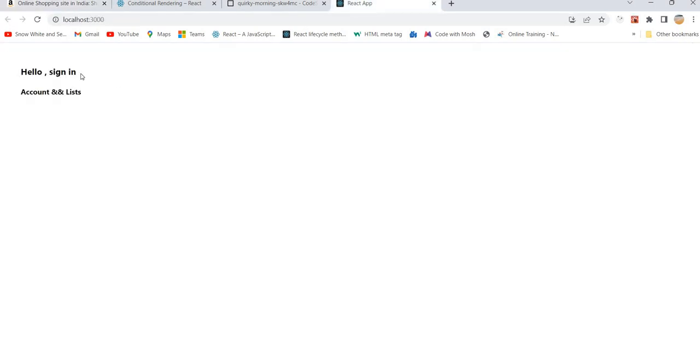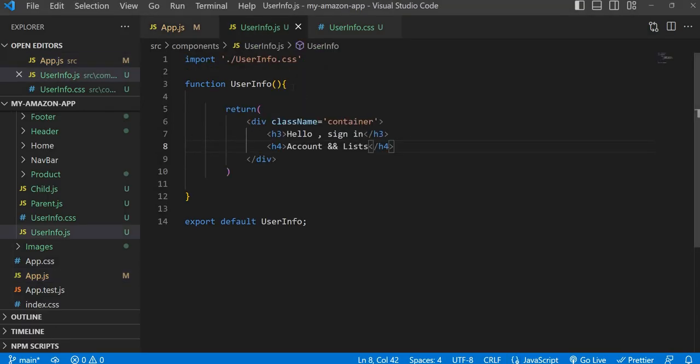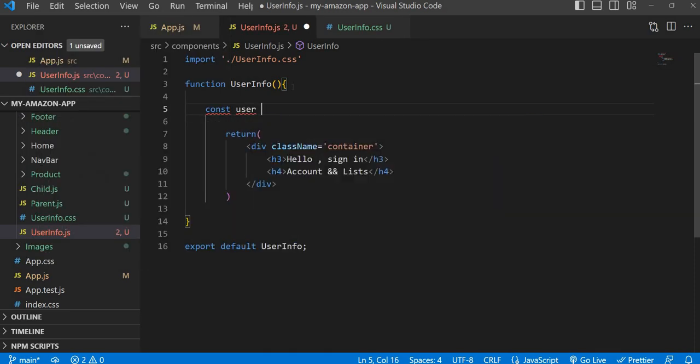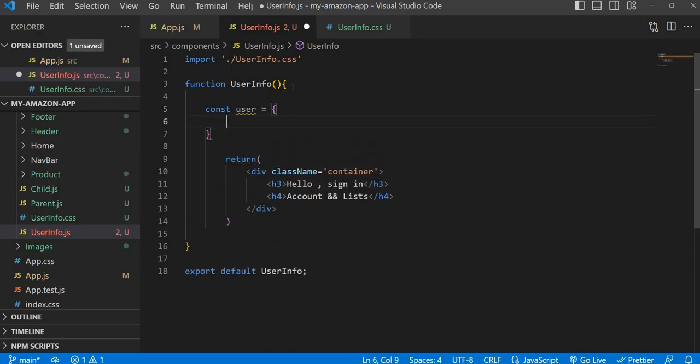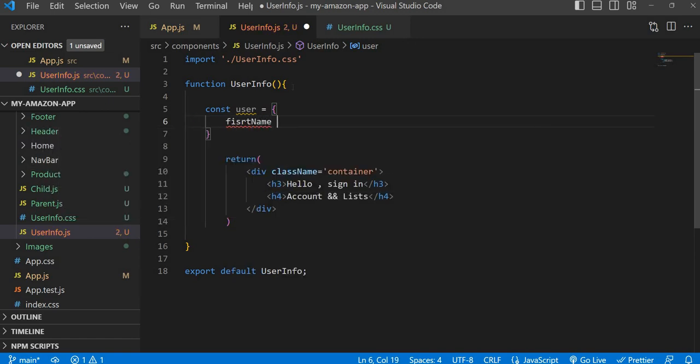So let's see here, we can change this text with the help of a flag, and with the help of conditional rendering we can change the username. So now go back to the component. Now what I'm just taking is a simple object where I can store user details. I'm just taking the first name of a user like